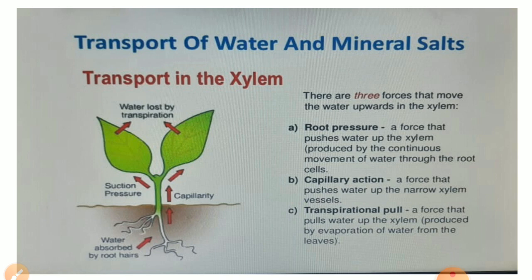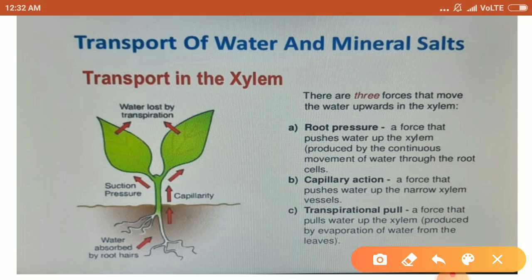The most famous theory is the root pressure theory. It is based on the ascent of sap, meaning the upward movement of water and minerals. So according to the root pressure theory, the roots absorb water. Here you can see roots are absorbing the water and exerting a pressure. The root pressure pushes the water upward. Because of this pressure, the water is pushed in the upward direction. The root pressure theory is applicable only for small herbs, not for tall trees, because this pressure is not sufficient to push the water to such heights.